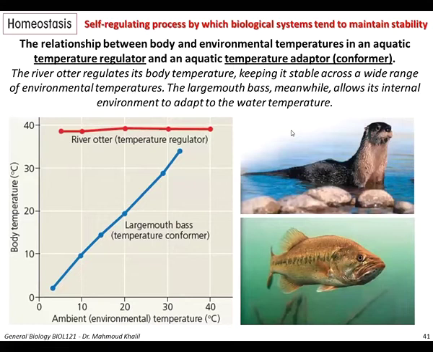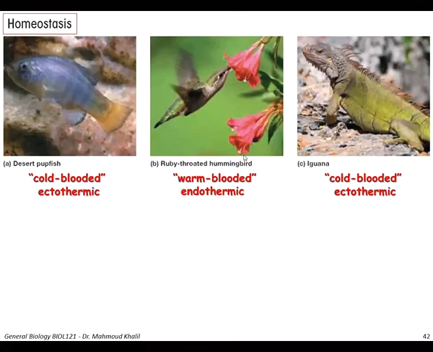to get adapted to the external environment, while the otter uses a lot of internal mechanisms to preserve its body temperature around 37 degrees Celsius. So you can basically see two different organisms. One of them can regulate its body temperature, but the other one is an adapter to the external environment. The adapter or the conformer here is the fish, while the regulator is the river otter. Fish are cold-blooded animals, while